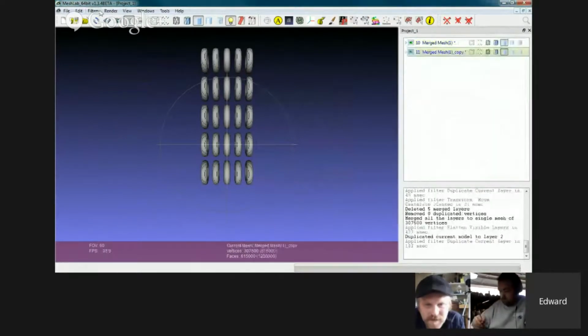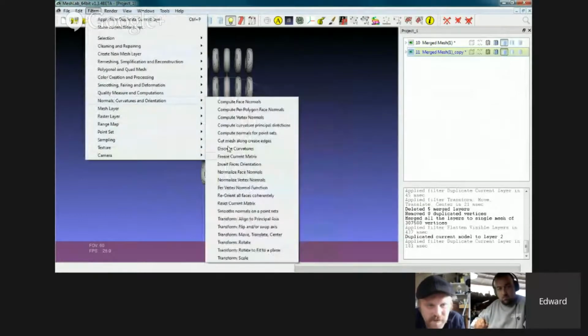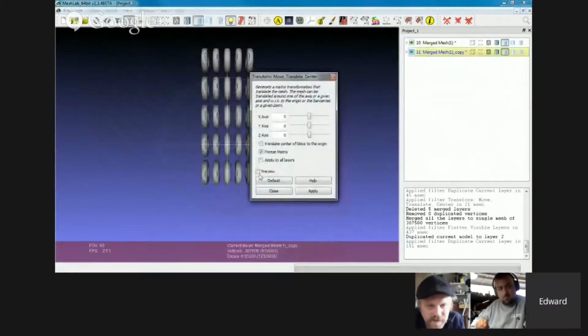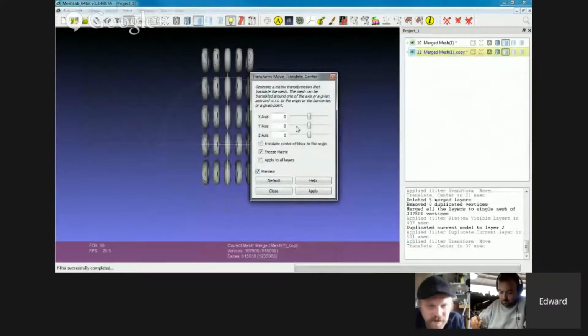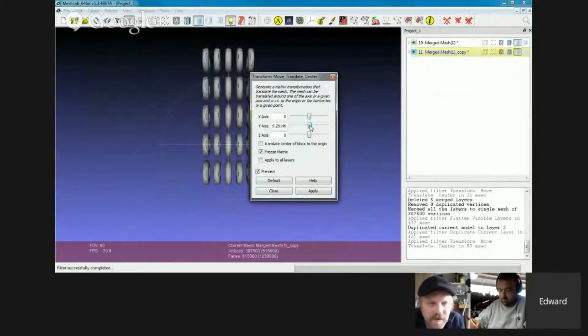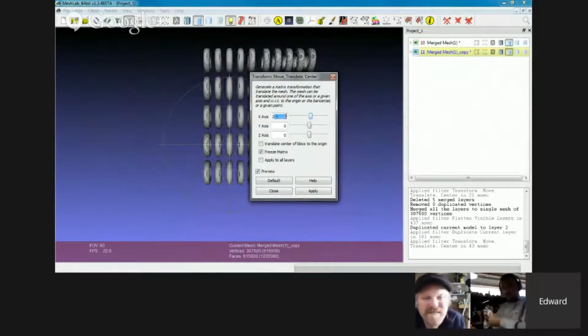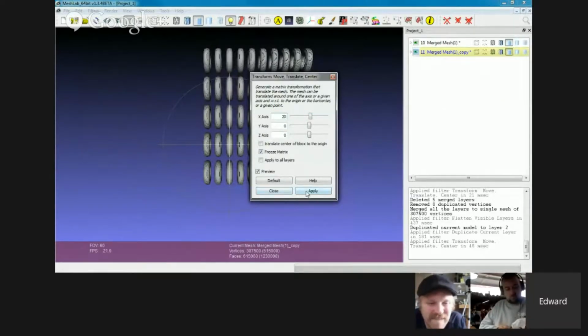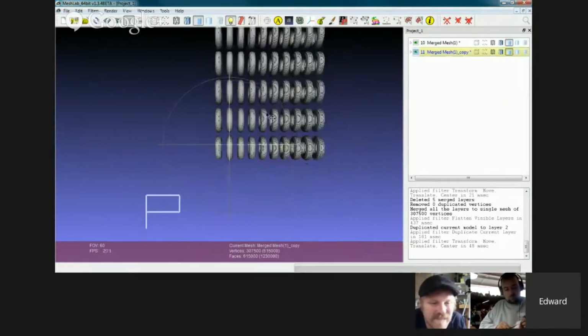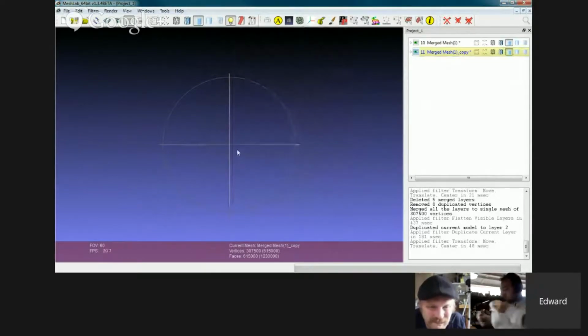4 times. I go filters, move translate center, preview. Let's move on to Y. No, I don't want that. I want to move on to X. And it's going to be an even number because we did even before, right? Yeah. And I go, okay, now we got 50. And now, Control X,